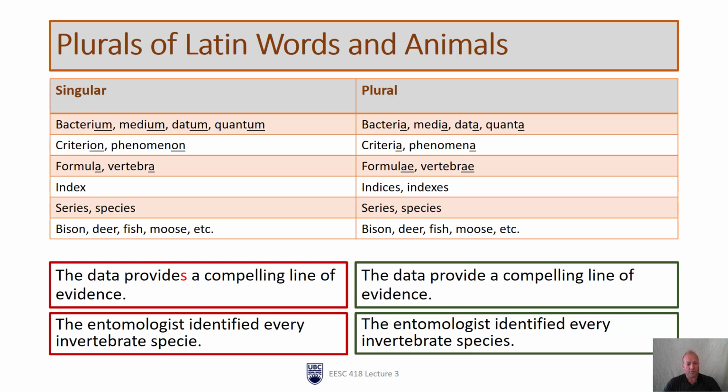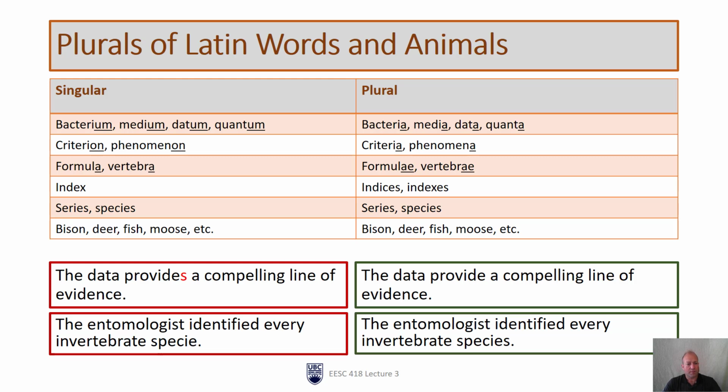The next are also Latin words that have the same singular and plural form. So series and species. It doesn't matter whether it's singular or plural. And then the last category here is lots of different types of animals which have the same singular and plural. There is no guide to which of these animal names has a plural that is different from the singular. You either have to memorize them or look them up. My recommendation is, if you're not sure, just look it up. Every dictionary will tell you that. You can look it up online in a few seconds.